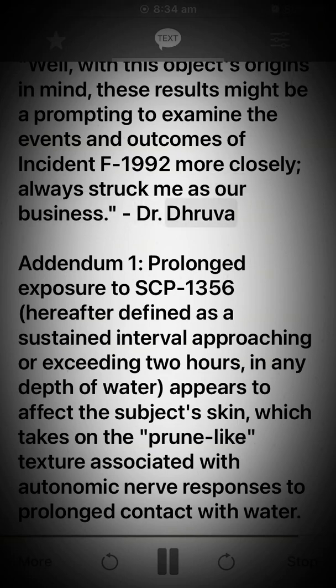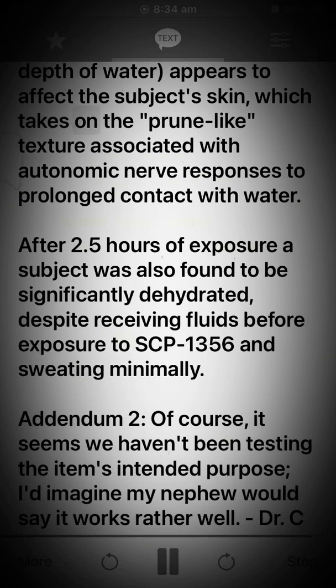Dr. Druver. Addendum 1. Prolonged exposure to SCP-1356, hereafter defined as a sustained interval approaching or exceeding 2 hours, in any depth of water, appears to affect the subject's skin, which takes on the prune-like texture associated with autonomic nerve responses to prolonged contact with water. After 2.5 hours of exposure, a subject was also found to be significantly dehydrated, despite receiving fluids before exposure to